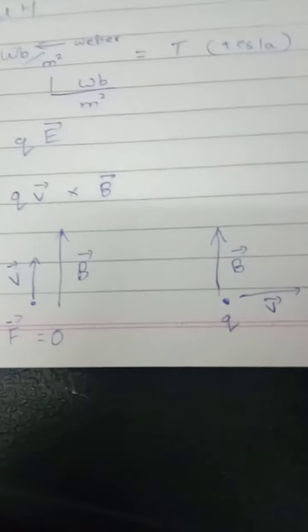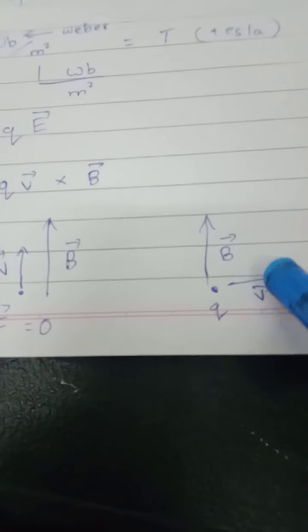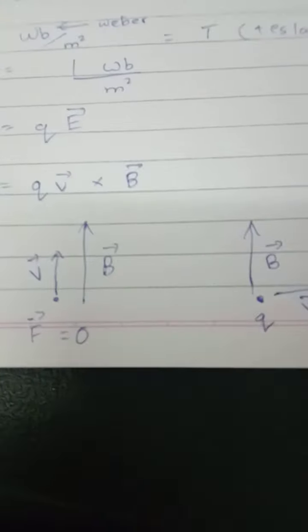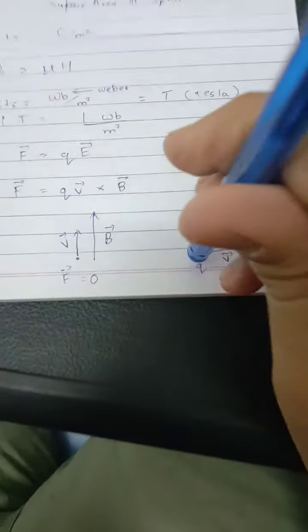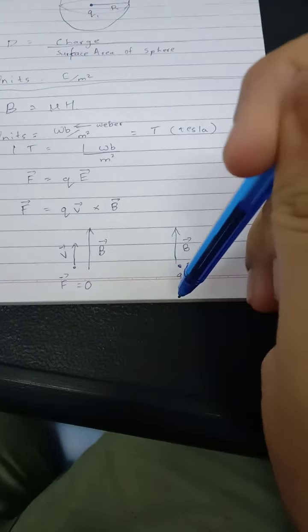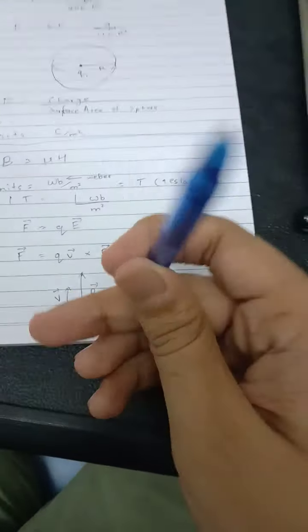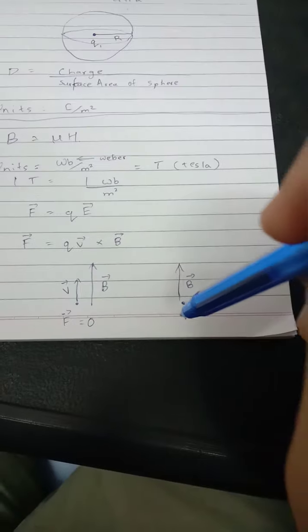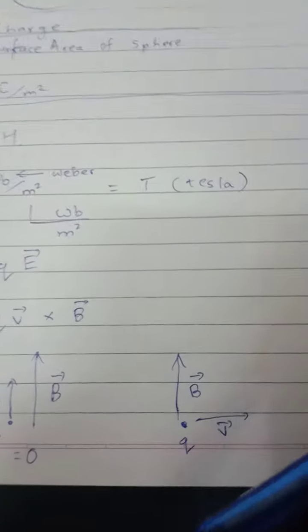then it is definitely going to experience a force, and this force is going to be perpendicular to both the field and the velocity. Now what is perpendicular to the x and the y axis? It is the z axis. So the force is either going to be coming out of the paper or going into the paper. That's going to be the direction. If it's a positive charge, it's going to be coming out, the force pushing this particle in this direction. If it's a negative charge, it's pushing it in the opposite direction, right?